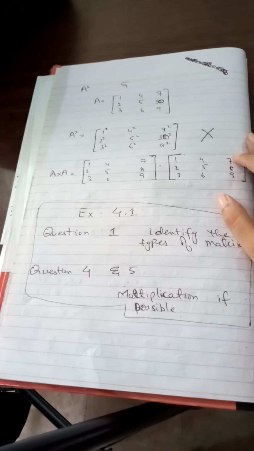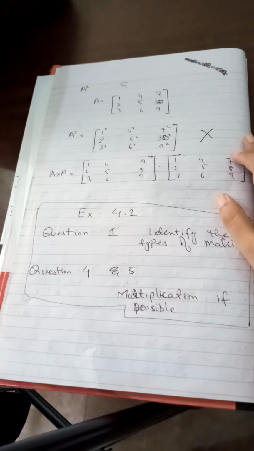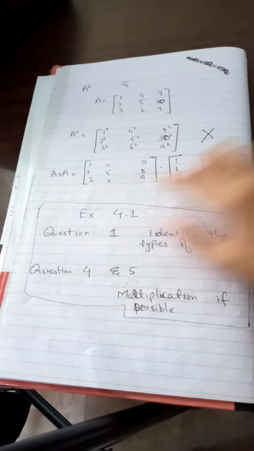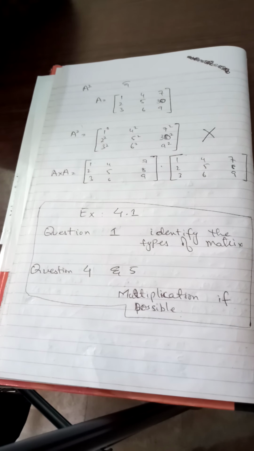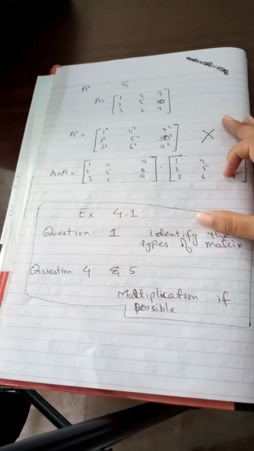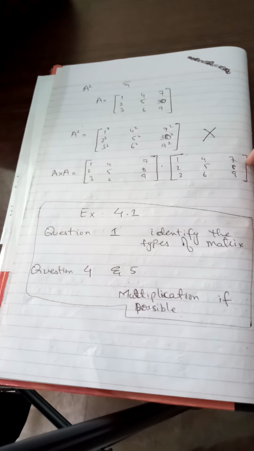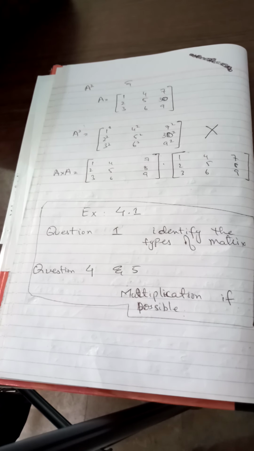If you want to take a square, you just have to multiply A with A. Just multiply A with A, and you will get the correct answer. This is A, and repetitively you write another A, and you multiply it how I have taught you to multiply it, and similarly you will get the correct answer rather than just putting a square. If you are squaring each element, you are doing it wrong, my friend.